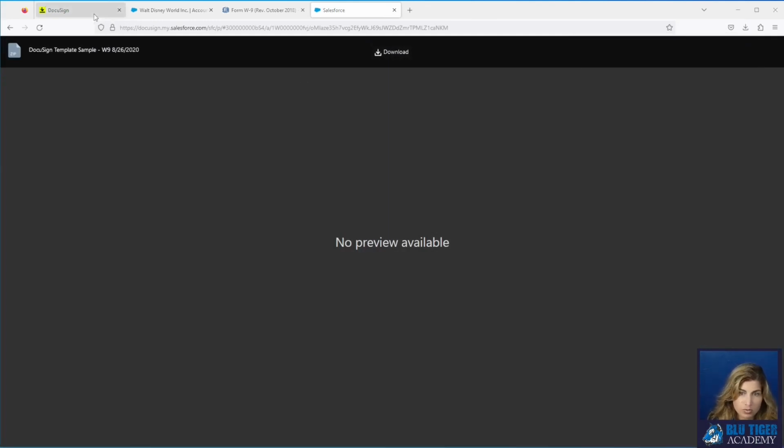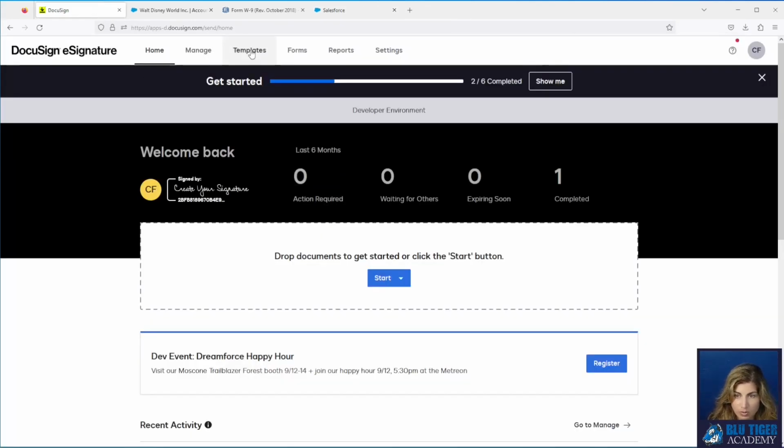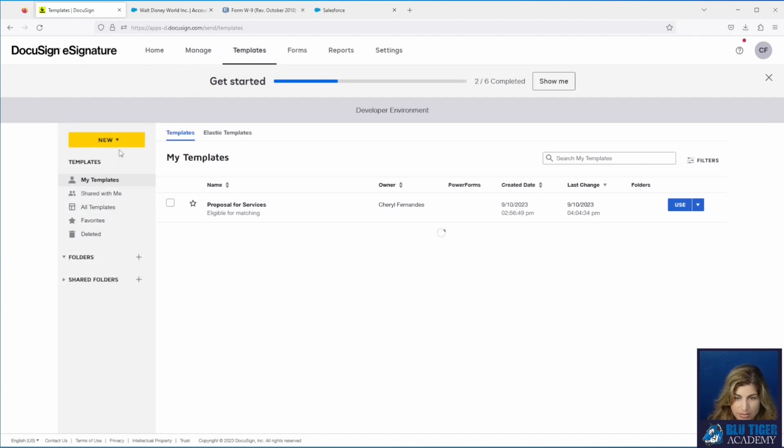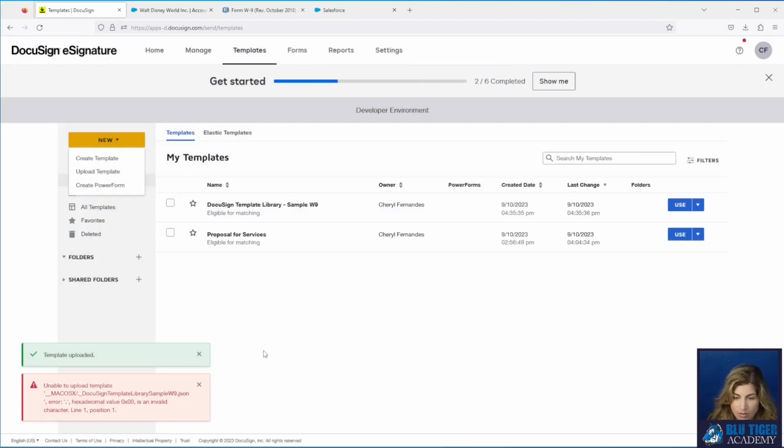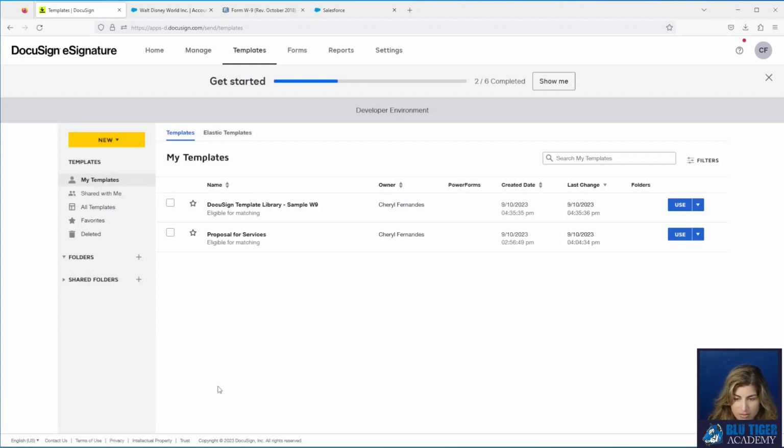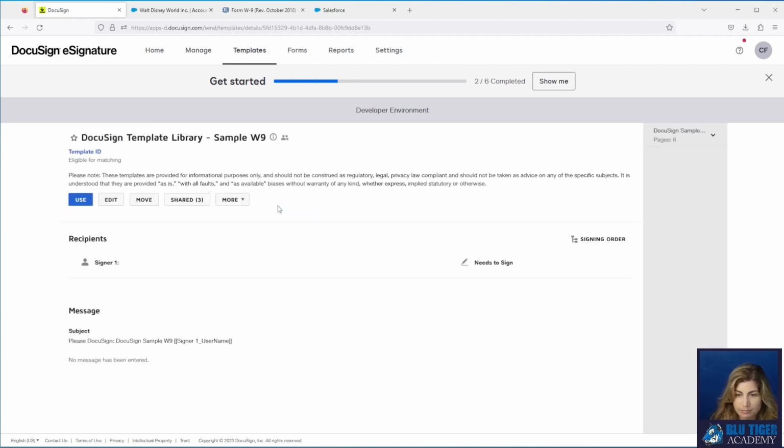And go to DocuSign and we're going to upload it into our templates. We'll click New and we'll click Upload Template. We'll go to our downloads. And then don't worry about that. That's okay. That error is happening. It's not affecting anything. So if we open up this template,